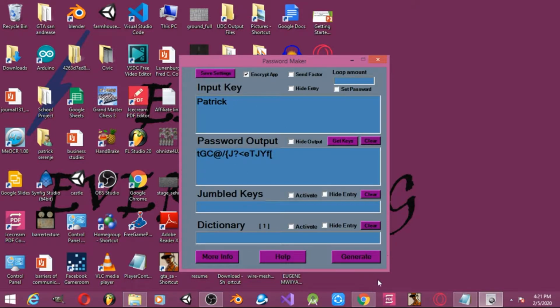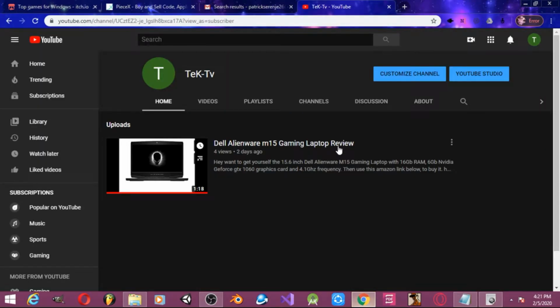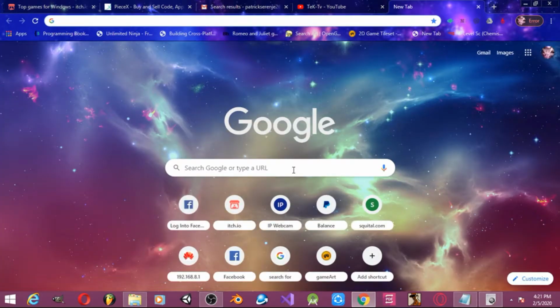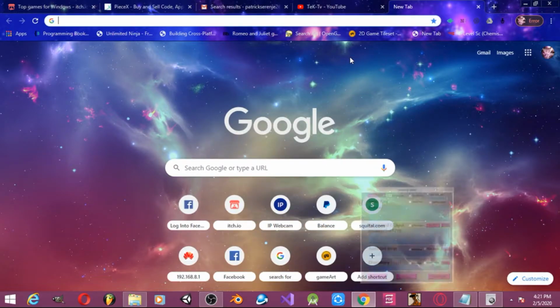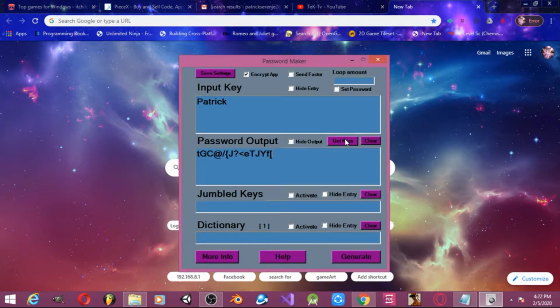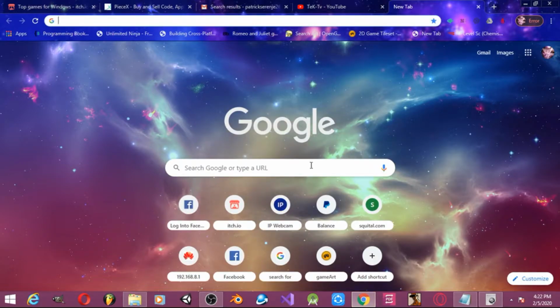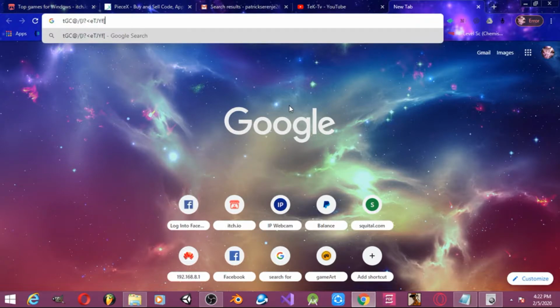All you have to do is go to your browser. Let's just imagine that this was my password field and I was about to log into Facebook. Let me make sure that the case is already active in my Chrome browser. You hit get keys and go to Chrome, then press Ctrl V to paste, and your password will be pasted